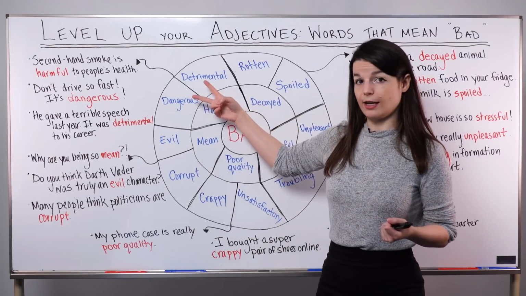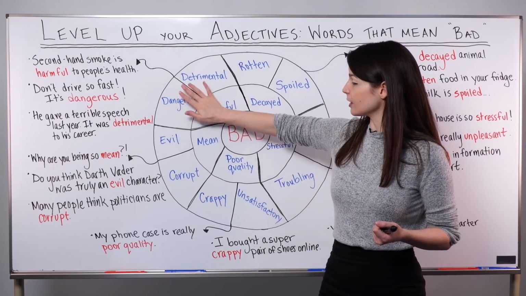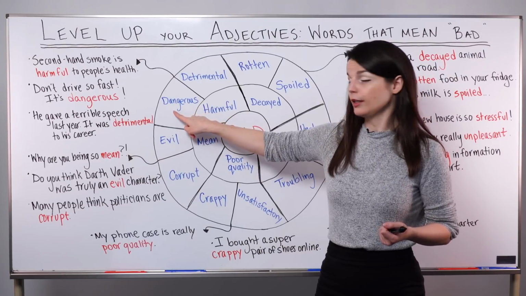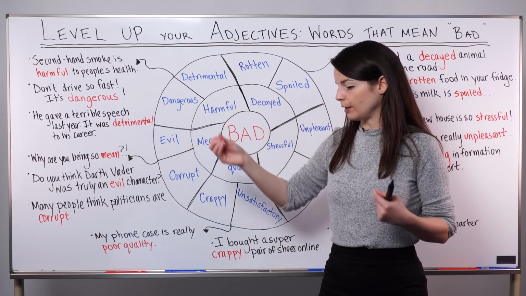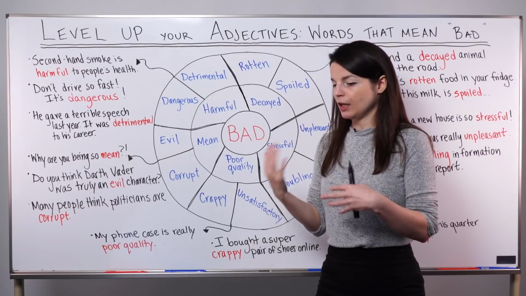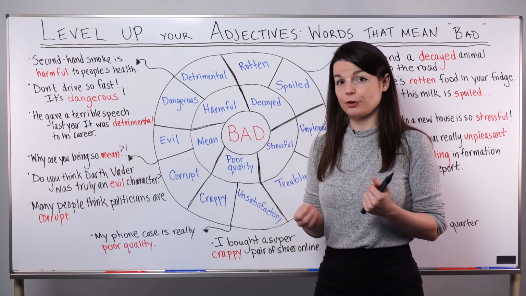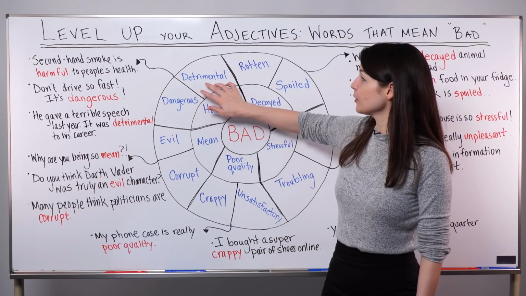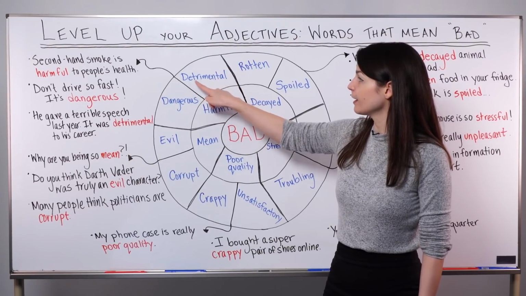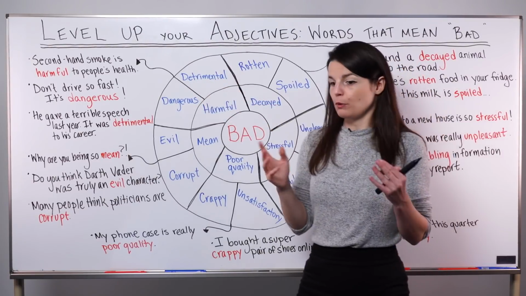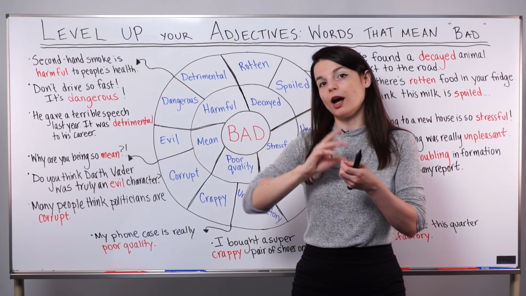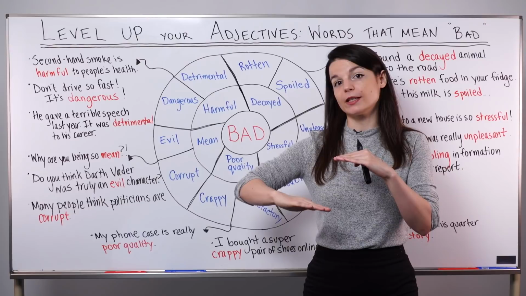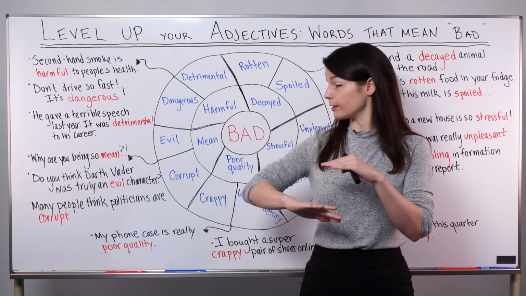So within that idea, there are two adjectives. First is dangerous. So the root here is danger. So something that could be potentially unsafe for people's health or to their body. And the other word is detrimental. So here we have detriment inside this word, which means it causes a loss in some way. So it causes a reduction of some kind, a decrease of some kind in something.